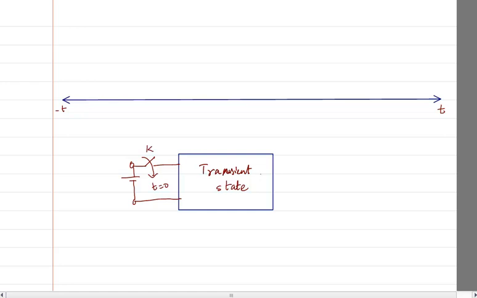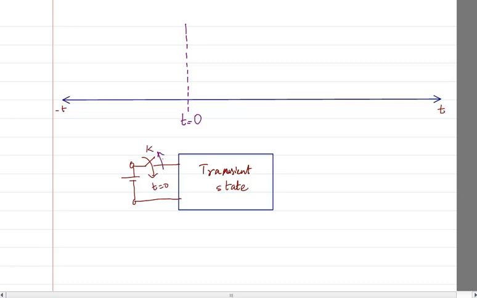What is the meaning of transient? It means that it is changing. The circuit is getting changed. The values inside the circuit, the current and the voltage flowing inside the circuit, are getting changed. That's a transient state. And when does that happen? That happens at the time t equal to 0, when the switch is switched on or off, whatever. Because previously the switch might be closed. At t equal to 0, you are opening it, so it may be opening or closed.